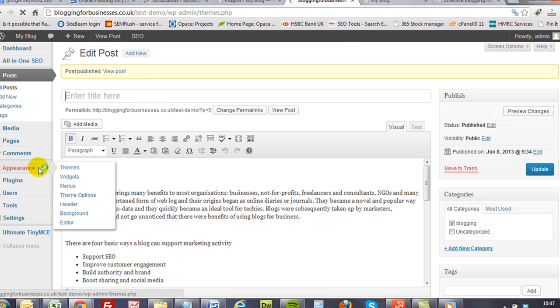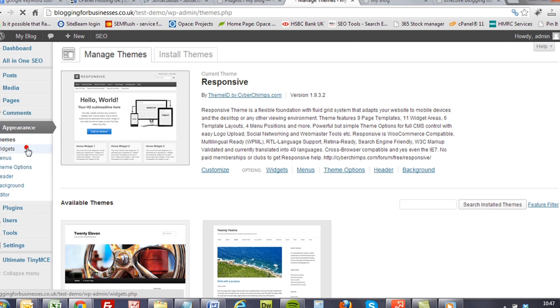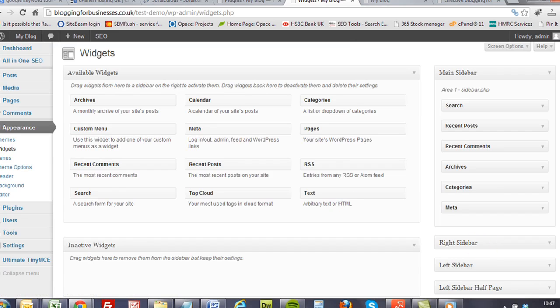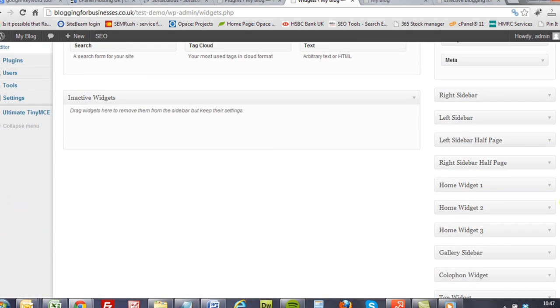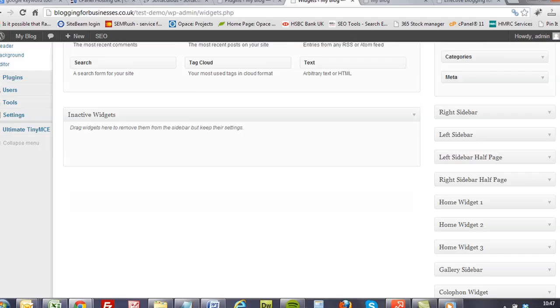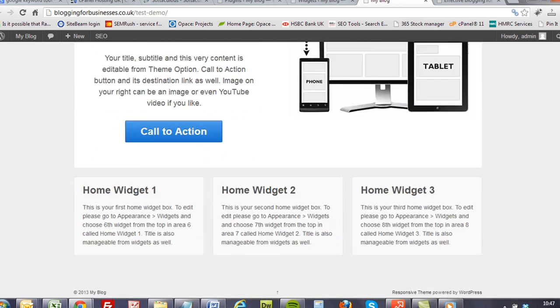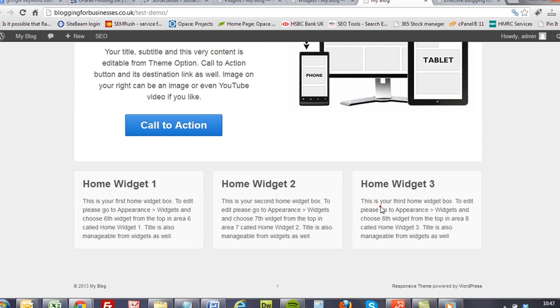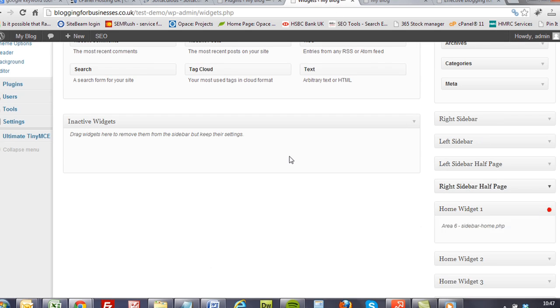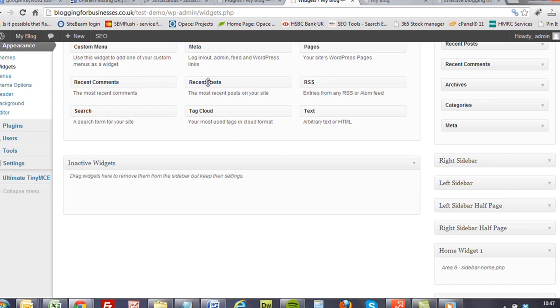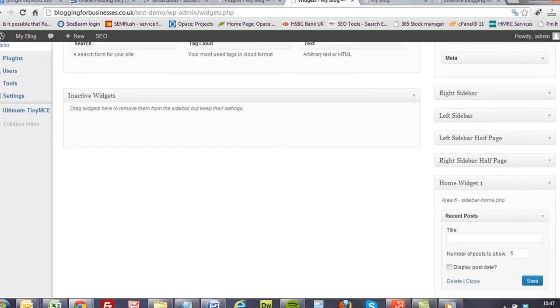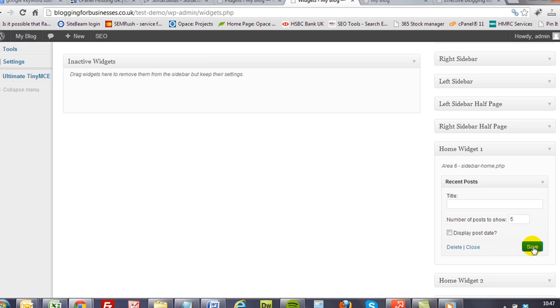So if I go back to the appearance option and then widgets, you can see here down the right-hand side are all of the areas or the blocks that come on that theme. So if I go back, you can see there's a home widget 1, home widget 2, and home widget 3 block. And you can see them listed down the right-hand side here. So I'm going to use the home widget 1 box, and what's lovely about WordPress is it's all drag and drop. So if I can find it, there's an option here called recent posts. I'm going to drag that over to home widget 1, click save,